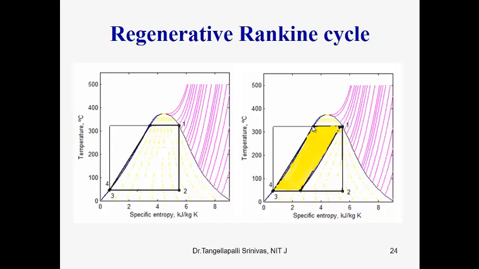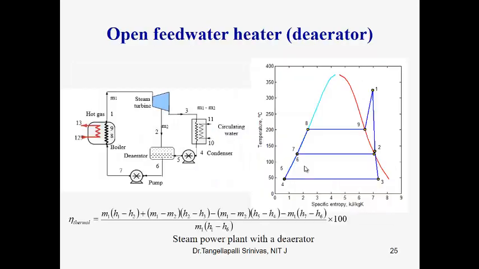Now heat addition is at constant temperature. Heat rejection is also at constant temperature. So the yellow color shows close to the Carnot cycle. This is the hypothetical concept of regeneration, that is the heat transfer between the steam as well as the water. But practically it is difficult to design a turbine as an expander as well as a heat exchanger. That's why a separate heat exchanger is designed here, which is called a feed water heater.